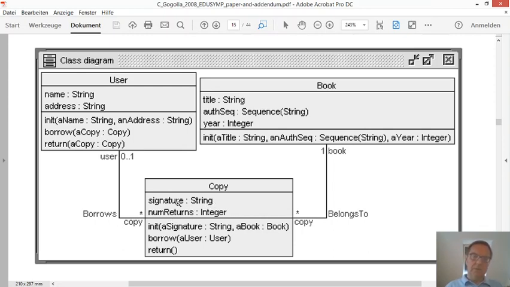And another attribute here is a number of times the book has been returned. So this num returns, the integer, is an indication how often the copy has been borrowed. The borrowing takes place by users. A user has a name and an address,